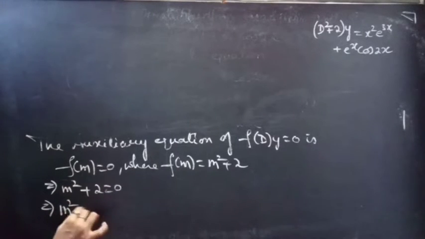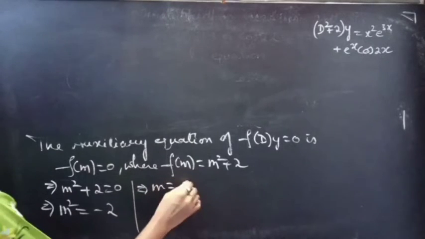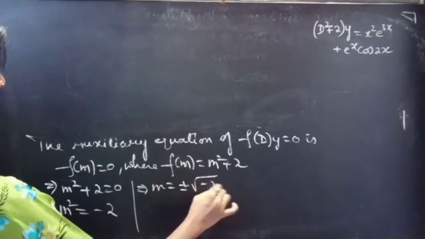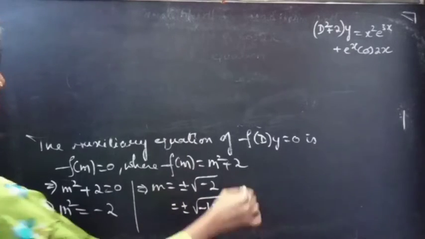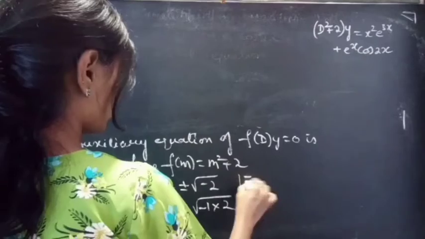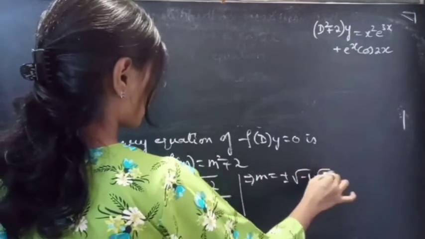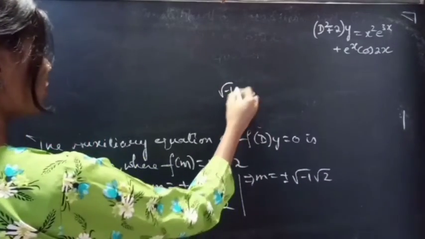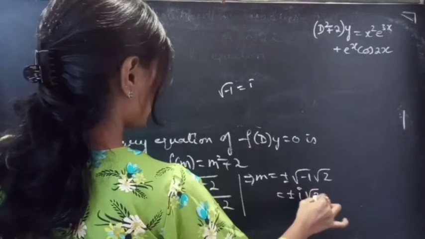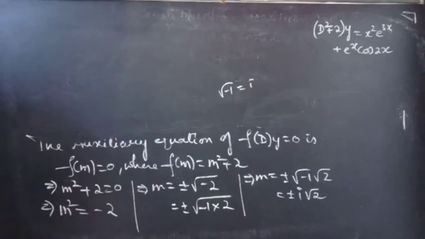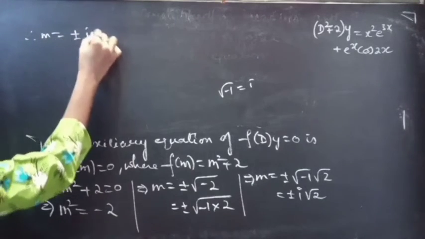Then m square equals minus 2. Then m equals plus or minus square root of minus 2. Now split this square root of minus 2 as minus 1 into 2. Then m equals plus or minus square root of minus 1 into square root of 2. We know that square root of minus 1 is i. So we'll get plus or minus i root 2. Therefore, m equals plus or minus i root 2